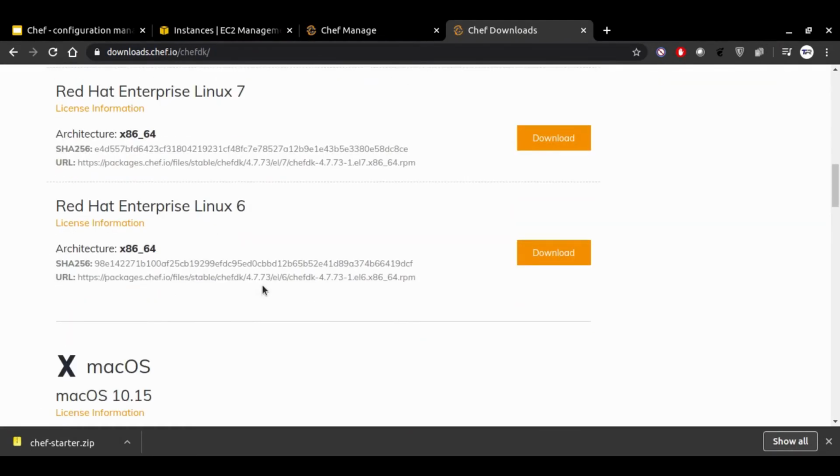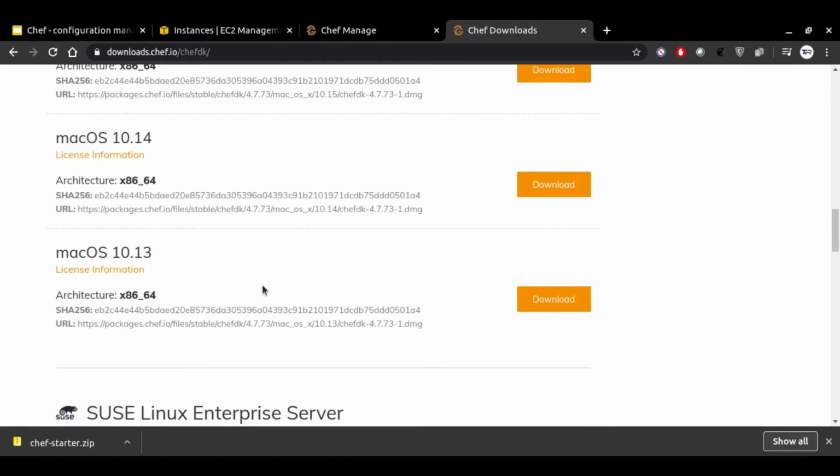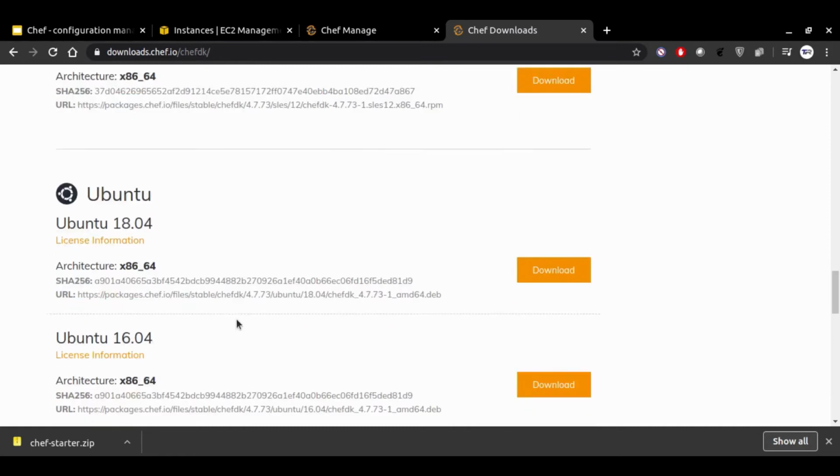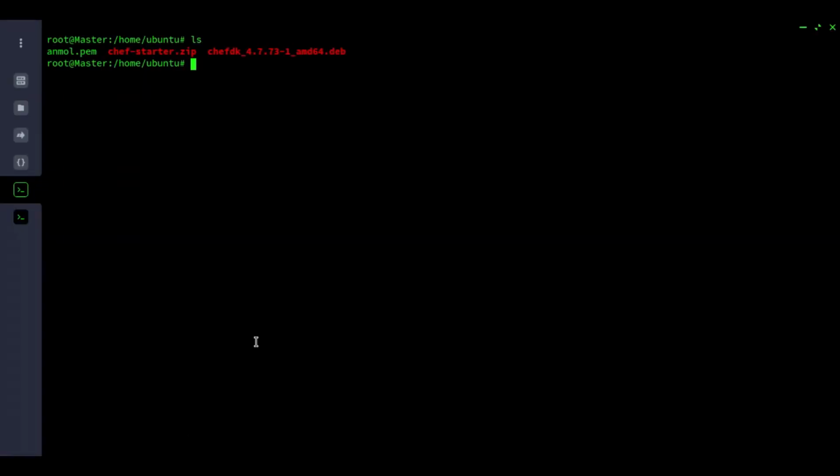There are different distributions of Chef for different operating systems. So we simply go here, we find our operating system, we take the URL, and we go to our instance and wget the Debian file. Here we have already gotten the deb file. We'll just install it using gdebi.